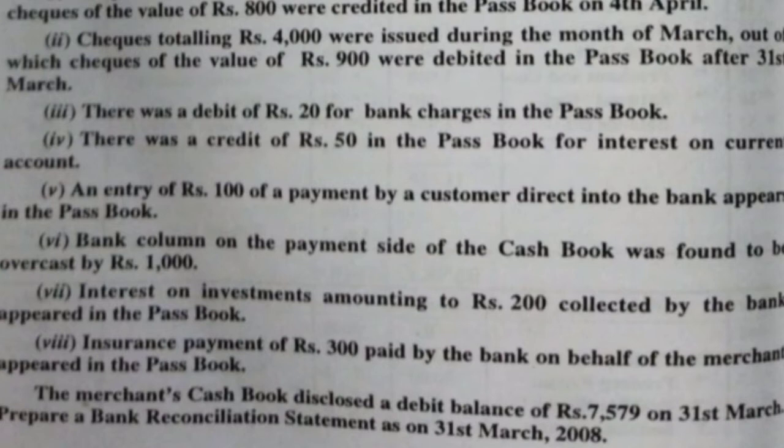Or if at the initial stage of the problem they give credit balance as per passbook, then at the end you need to get the opposite side, means the debit balance as per cash book. Always you should get a positive amount. If you are not getting the positive amount, then that balance represents the overdraft balance, either as per passbook or as per cash book, according to the question. Okay, am I clear till here? Anyone any doubts in this problem?